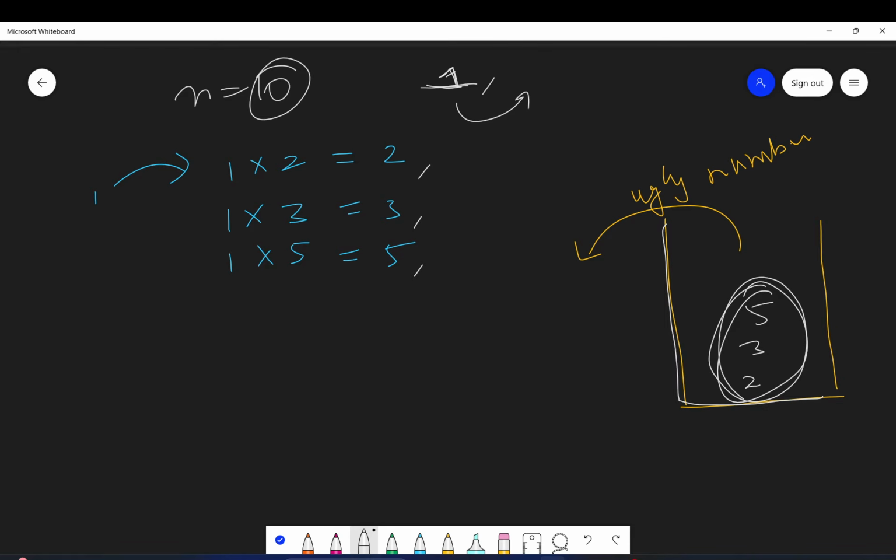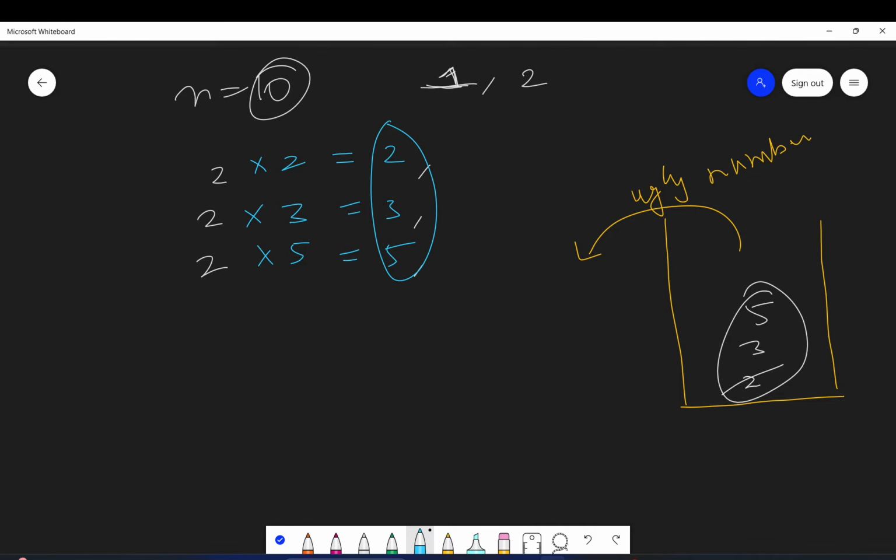So from these numbers, I will pop 2 out. So 2 will be my next ugly number. And then the next multiples will be what? Next possible ugly numbers.